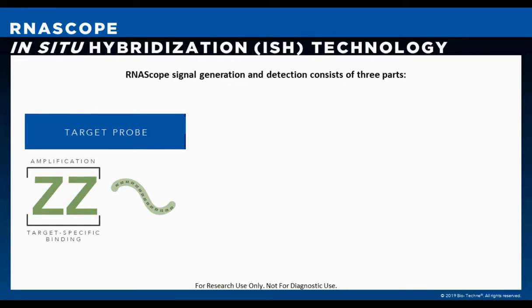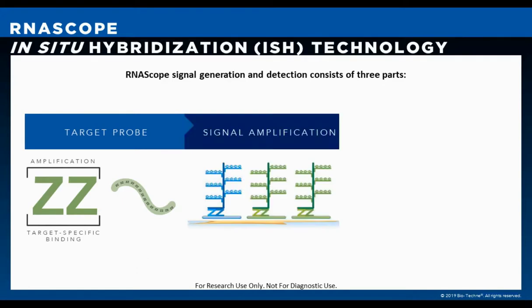It consists of 3 parts. The first one is the RNAscope probe, which we provide and is designed for a specific target. We have thousands of probes available for many targets and many species. If we don't have one, we can make it as long as you can provide us with a target sequence to work with. The second part is the RNAscope assay, which includes all the amplifiers, preamplifiers, and reagents necessary